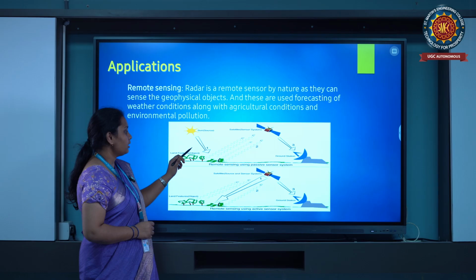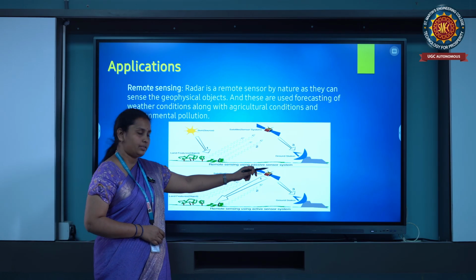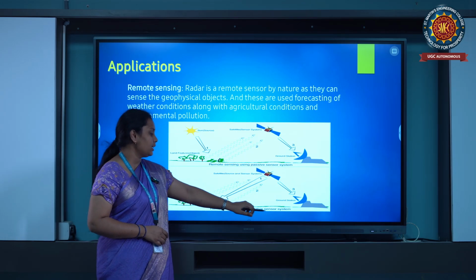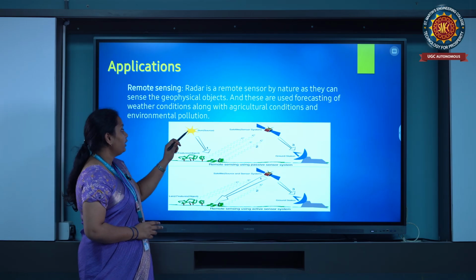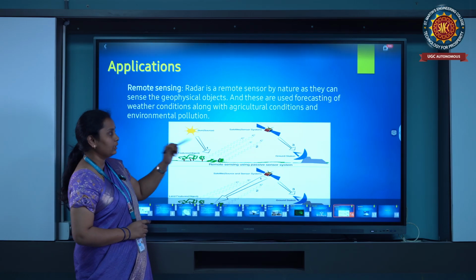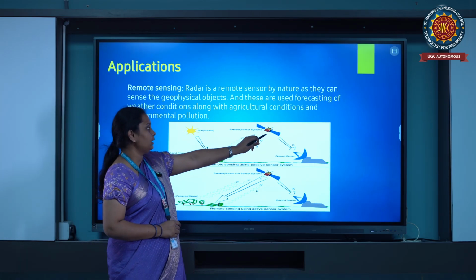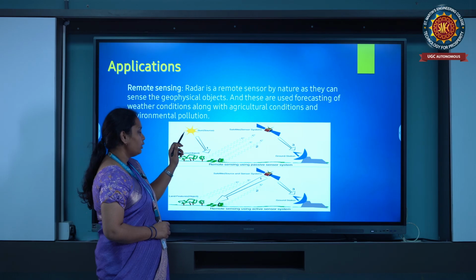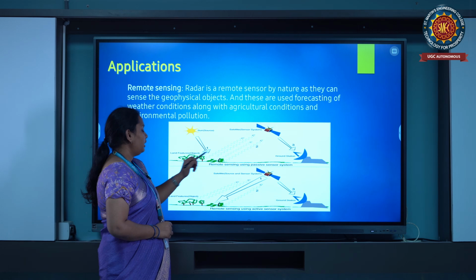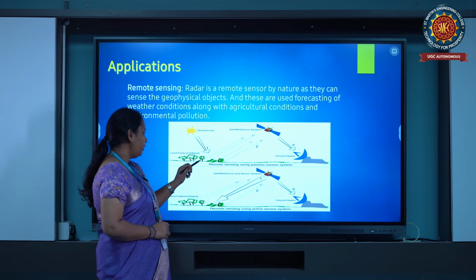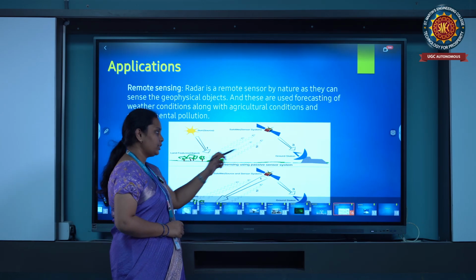There are two types of sensor systems. One is the passive sensor system, another is the active sensor system. In the passive sensor system, we use the sun as a source for receiving the data. Here, by using a satellite and the sun as a source, we sense the land features and land objects using an antenna and receive the data.